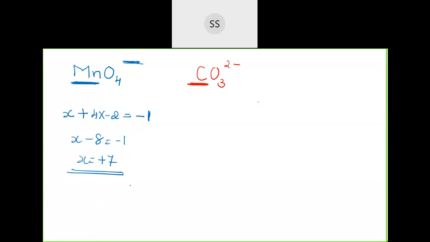Yeah, correct. So it's plus 4, everyone. Yes, I've got many answers. It's correct also. Very good. Okay, so carbon is x, plus we have oxygen 3 into minus 2. The whole charge on them is minus 2. So x is equal to minus 2 plus 6. So x is equal to plus 4. Very good. So plus 4 is the charge that carbon carries in carbonate.